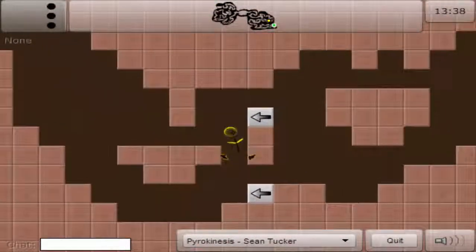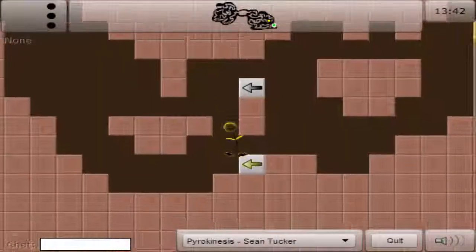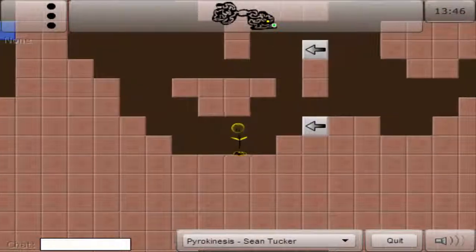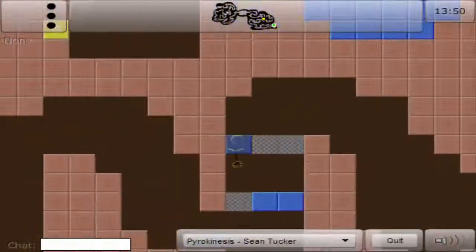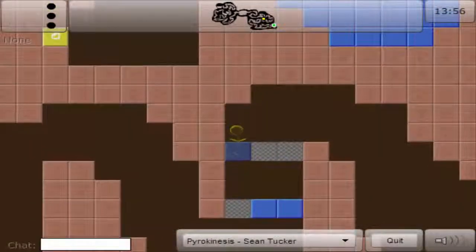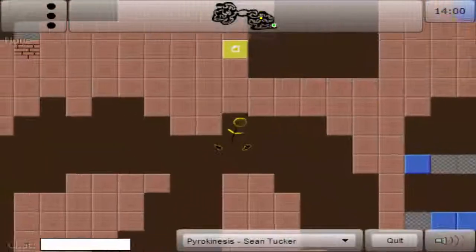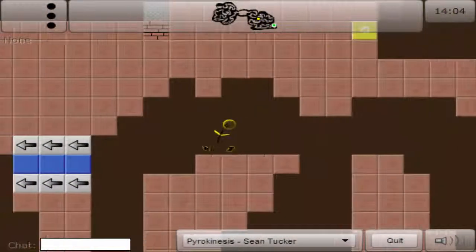Oh, you give the player a chance to go to the high path again. So, if a player does somehow manage to find themselves down here, well, there's a problem. This is a pretty interesting obstacle. It's pretty interesting. Okay. Well,